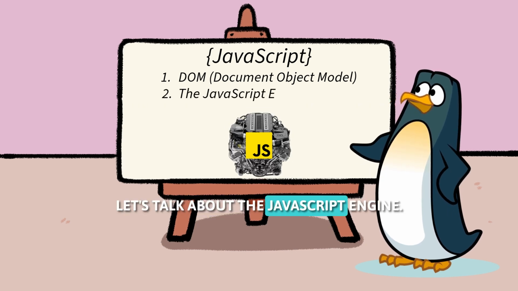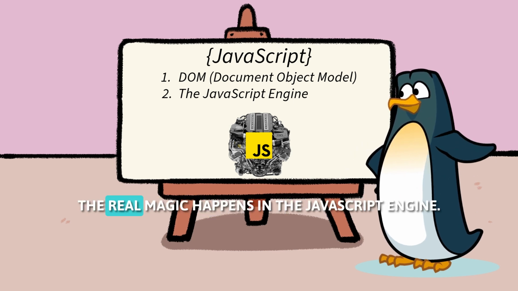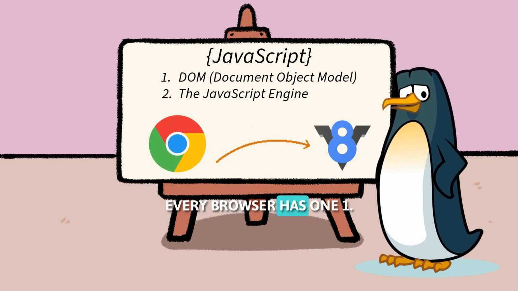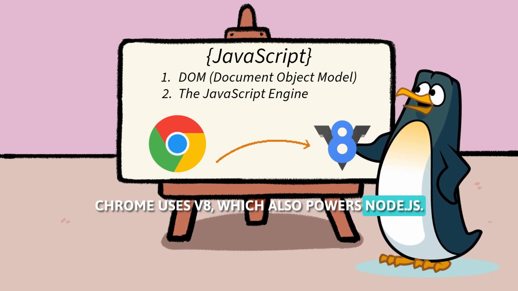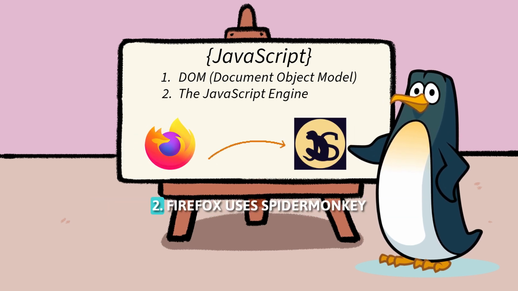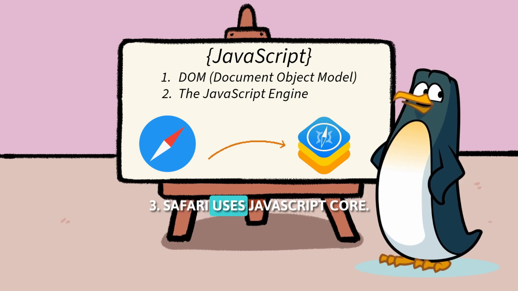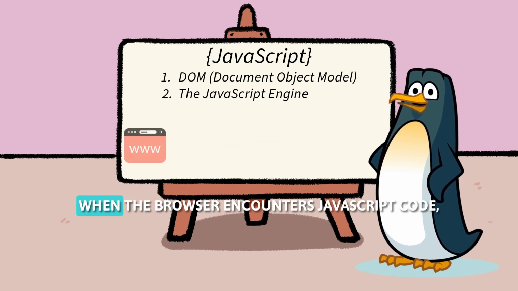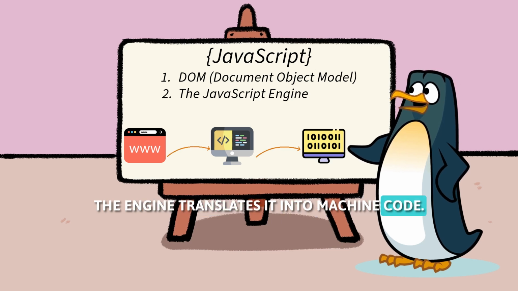Let's talk about the JavaScript engine. Once the browser has the DOM ready, the real magic happens in the JavaScript engine. Every browser has one. 1. Chrome uses V8, which also powers Node.js. 2. Firefox uses SpiderMonkey. 3. Safari uses JavaScript Core. When the browser encounters JavaScript code, the engine translates it into machine code the browser can